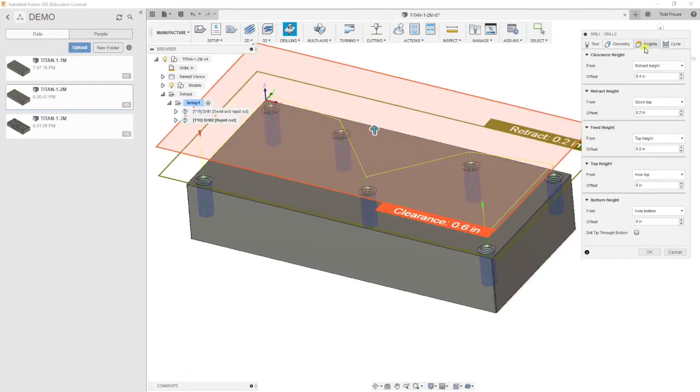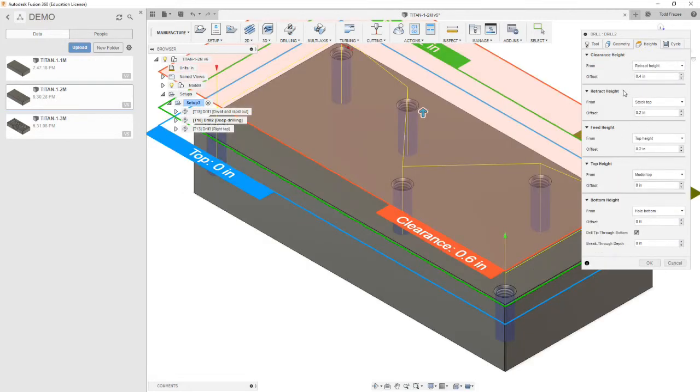We're now going to move on to heights, and we're going to leave the first few at default because our stock is the same size as our model. It's semantics whether this is at stock top or model top. Our feed height is going to go from the top height, and we want to select model top here. It's going to default to hole top,